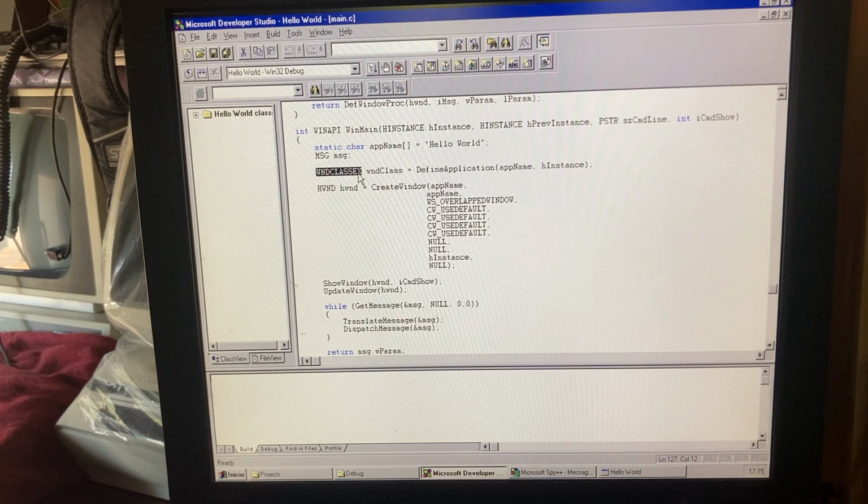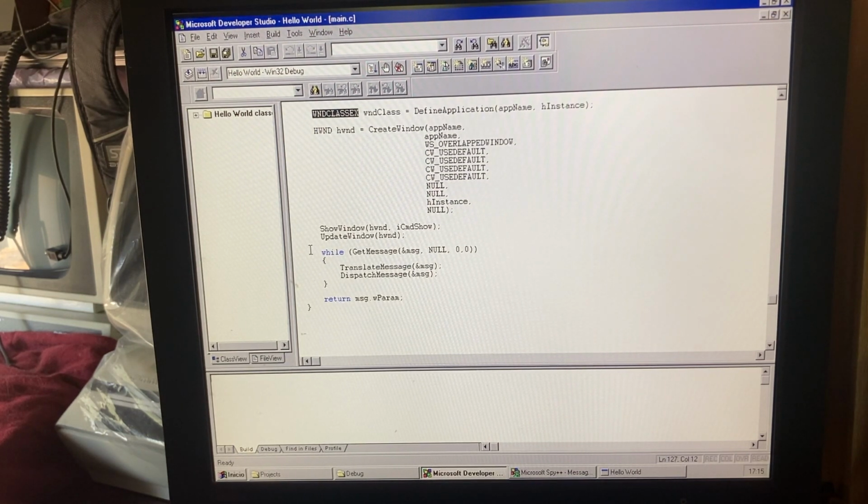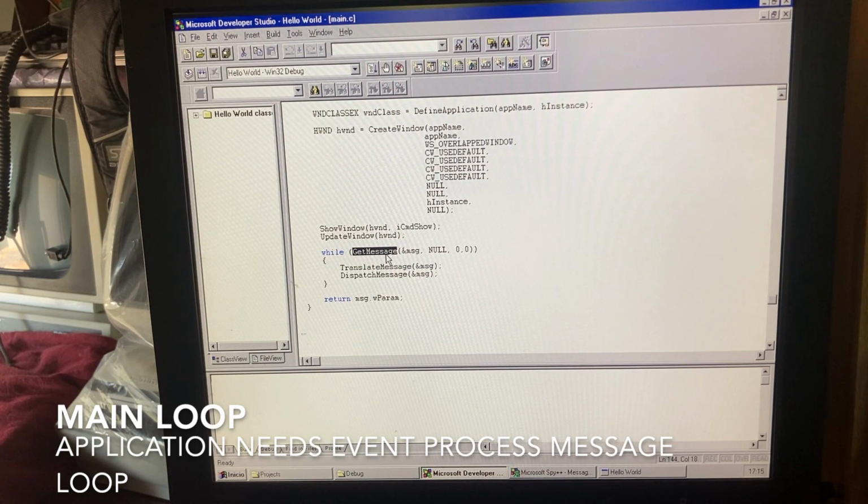Showing the window is simple: paint the window on the screen. And updating the window forces the window to paint itself. Next, curiously, is a message processor. Each window or each application is in charge of processing messages generated by Windows. GetMessage gets a message from the Windows queue,